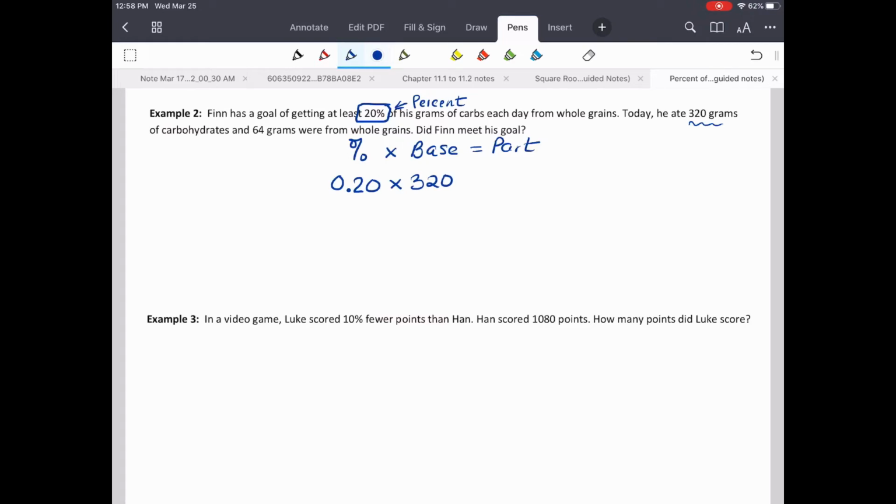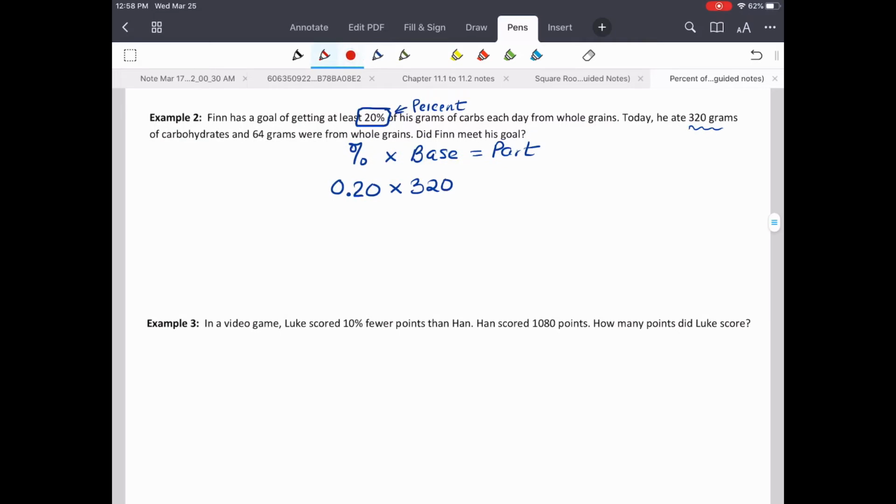It says he wants to get at least, this is a little nitpicky, I guess, but at least, if you remember from inequalities, that means greater than or equal to. So he wants more than that or equal to that in terms of his whole grains, or the percent of the grams from carbs. And then you want that to be greater than or equal to